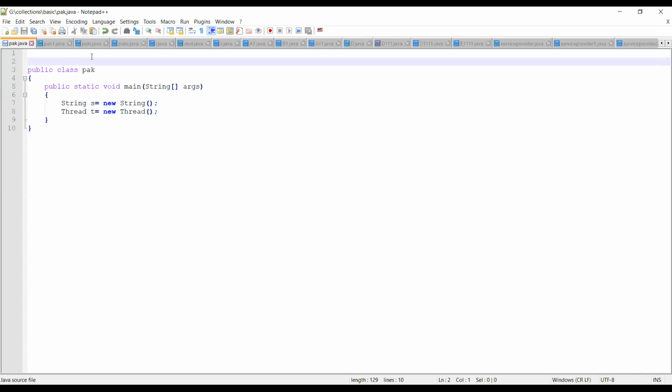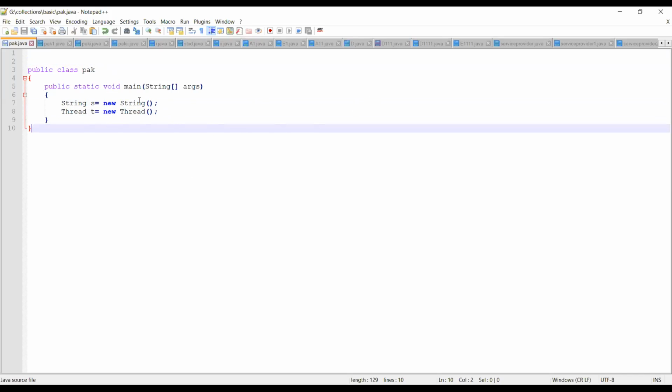Whenever I compile my program, the java.lang package is by default applicable to my program. I need not explicitly write that import statement. That is why I am not getting an error telling that String or Thread is not found, like in the earlier example.